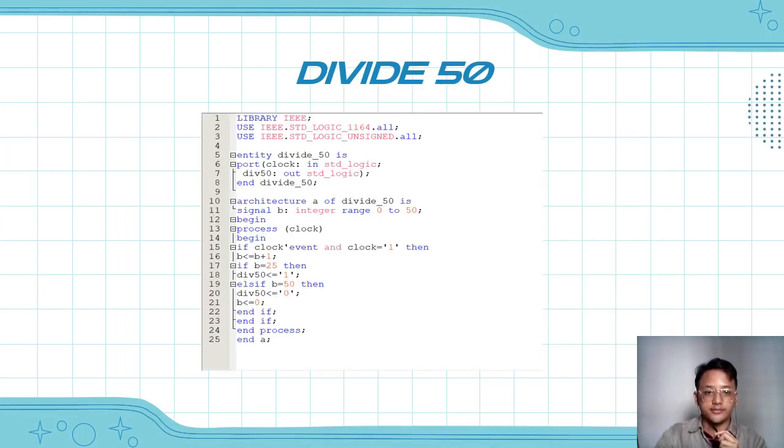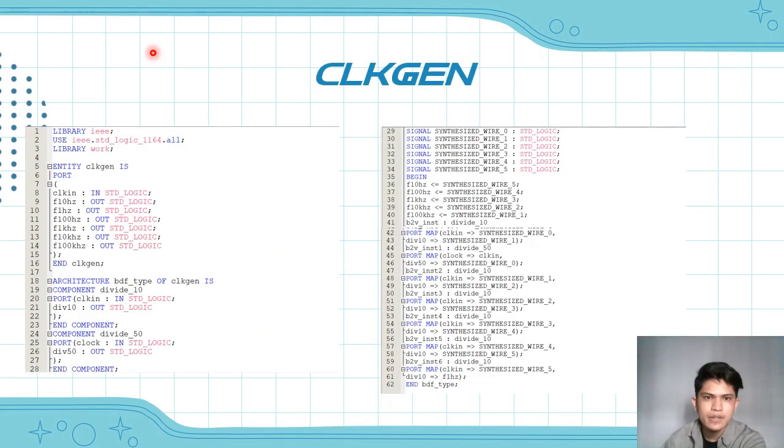Next, for the divide 50, it actually uses the same concept as the divide 10, but only changes the divider to divide 50, and the signal B will be the integer range from 0 to 50. For clock-gen coding, it starts with the library declaration, and then for the entity part, it was named as CLKgen,